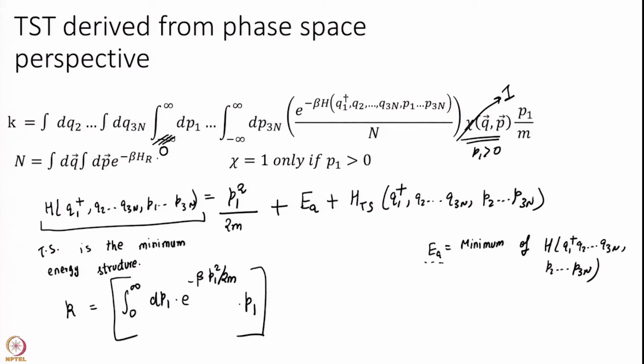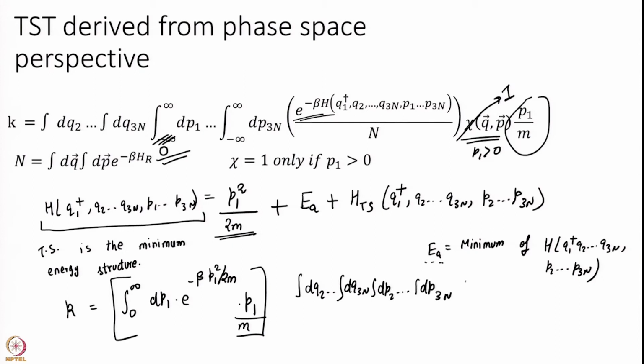Okay. So, I have taken this integral from e to the power of minus beta h, I have taken this term out and this P1 over m I have separated out, and I leave everything else as it was. So, that will be integral of dq2 to dq3n, dp2 to dp3n, e to the power of minus beta hts with all the coordinates which I am not writing for simplicity,